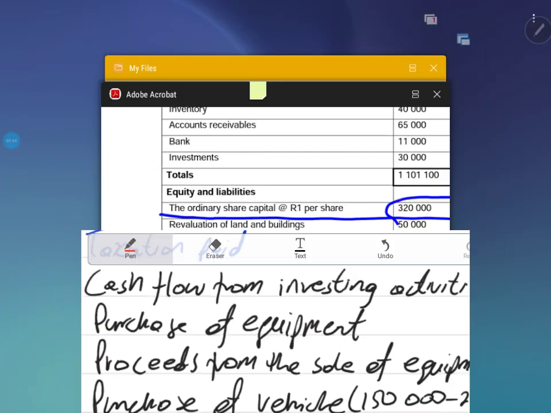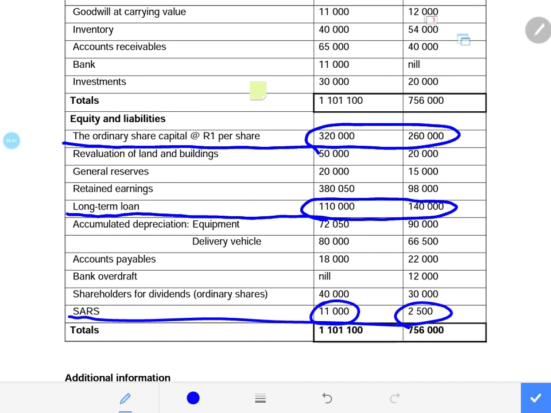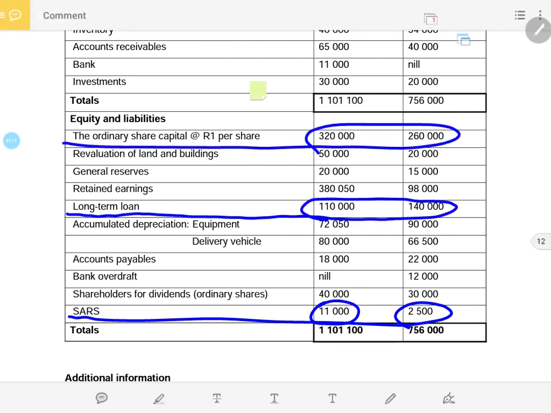Then we come to the loan. Remember again, when it comes to loans, you can have a short-term loan that will sit under your current liabilities. So if you do have a short-term loan under your current liabilities, strike the difference and record that accordingly in the statement of cash flow, either as short-term loan raised or as a repayment of the short-term loan. So those are the current liability items that can affect the cash flow from